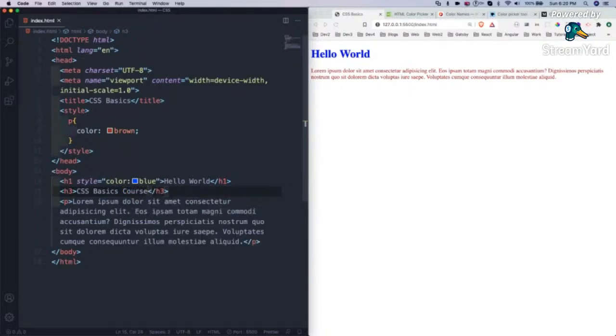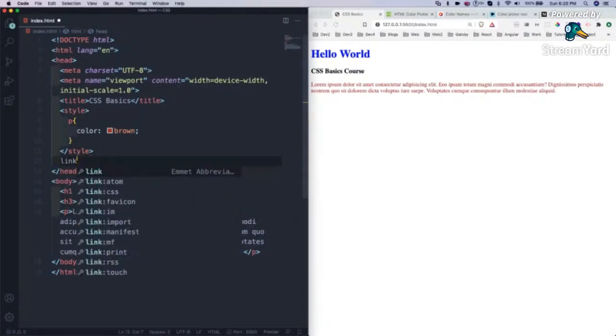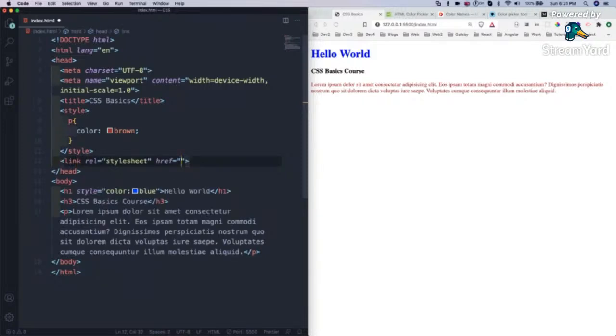Let me save it, and here we have to give a link. By default, if I type link and press tab, it will come. But this is how it should be given: link, then rel equal to stylesheet, and then href we have to give. Href is nothing but the path. styles.css I will give.